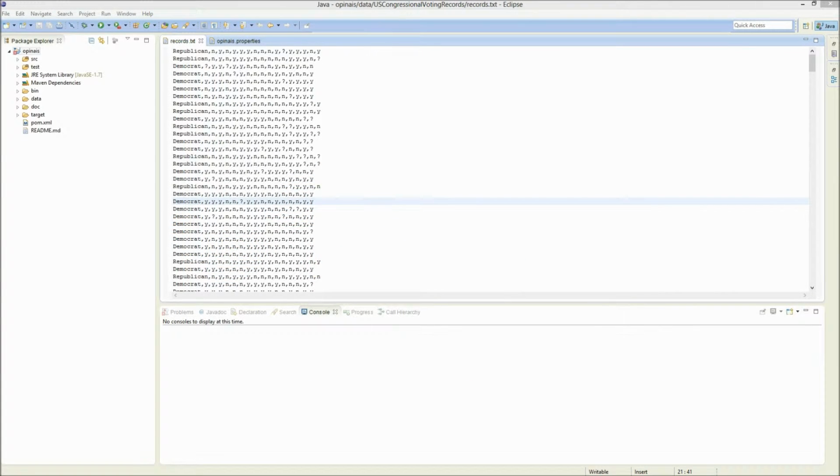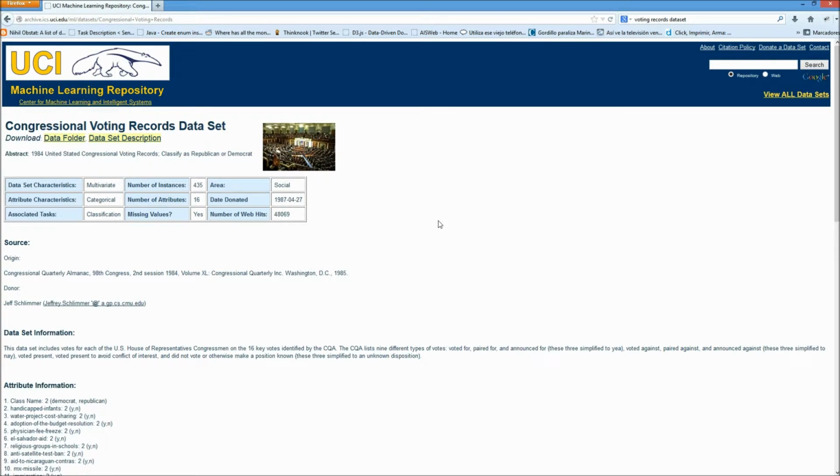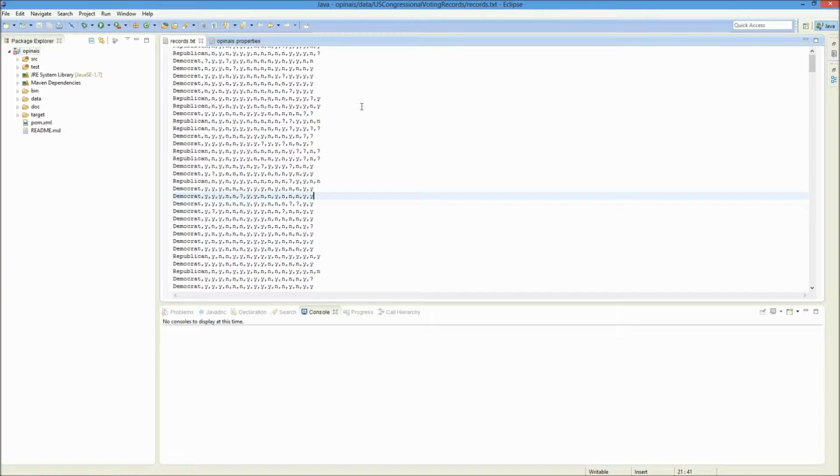Okay, let's see the OpinAIS framework in action. For this demo, we're going to use the US Congressional voting records dataset provided by the Machine Learning repository of University of California, Irvine. Here in this URL, you can see more details about this particular dataset, but now I'm going to show you